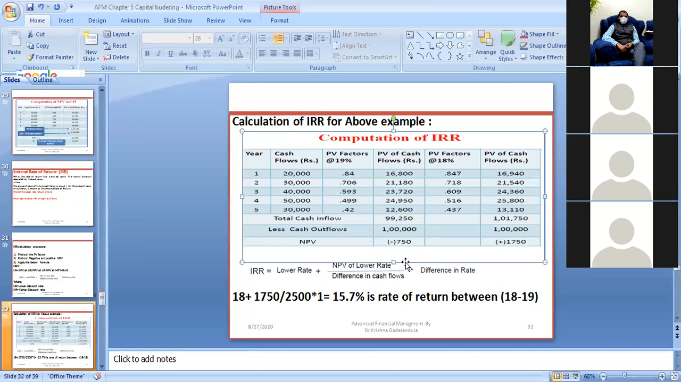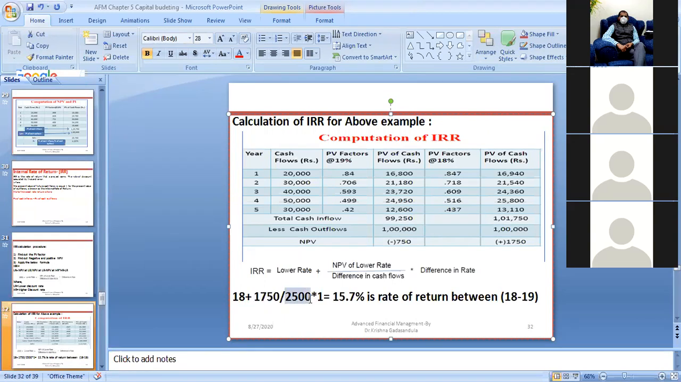NPV at the lower rate. How much is the NPV at the lower rate? 1,750. Yes, this is 1,750. Next, difference in cash flows. Difference in cash flows means the difference between these two: 99,250 minus 1,01,750, which is 2,500, times